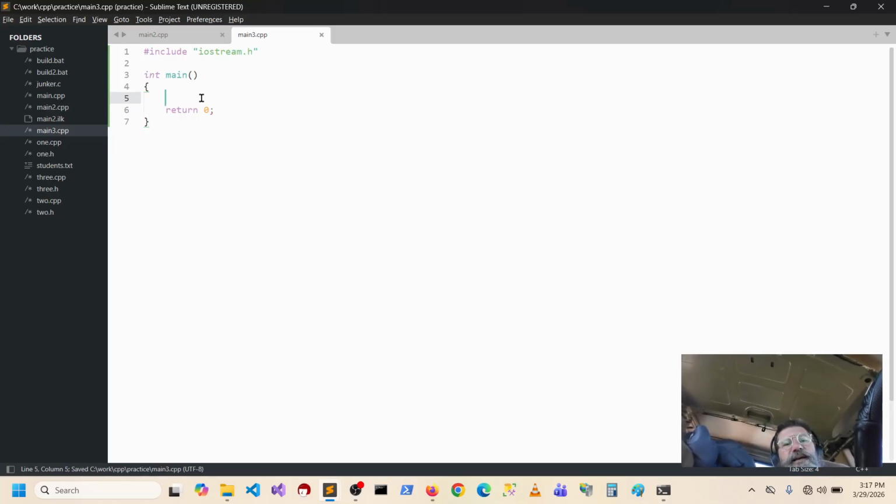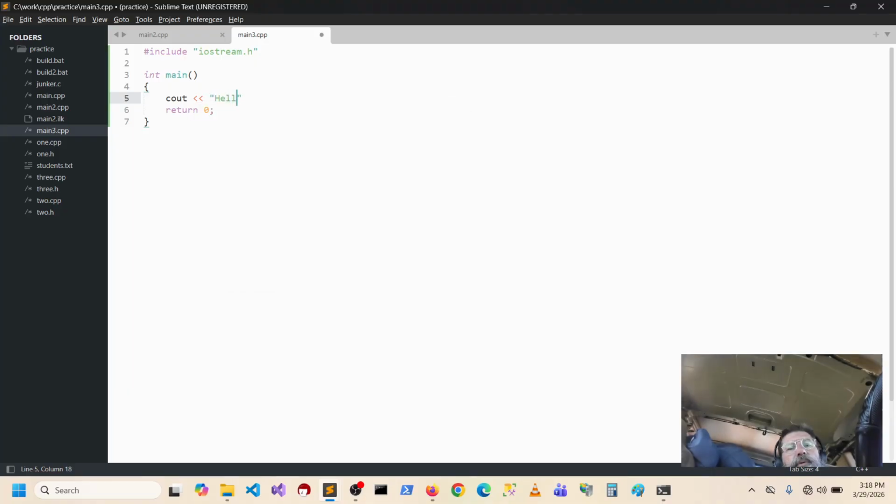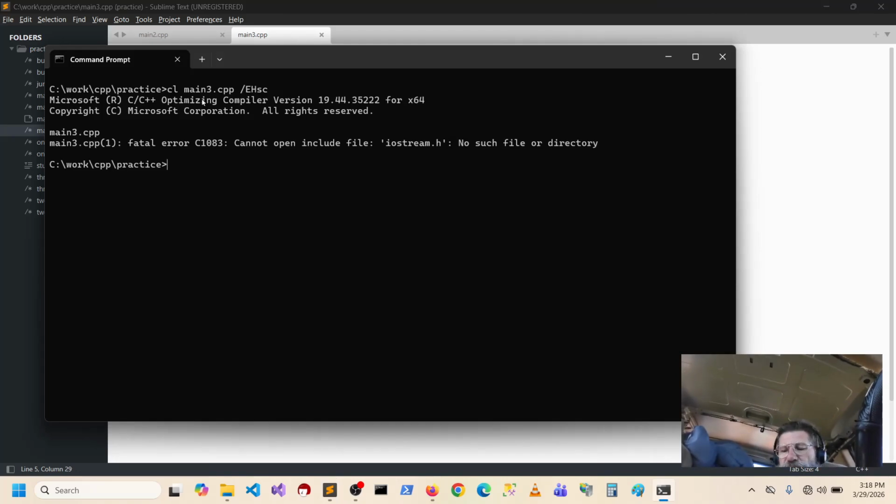But what he did is he didn't have to use the namespace, so std::. He just did this. But I noticed he didn't have the std or the using statement. But anyway, I thought it was interesting. I was just wondering if you could still do that, but apparently you can't.